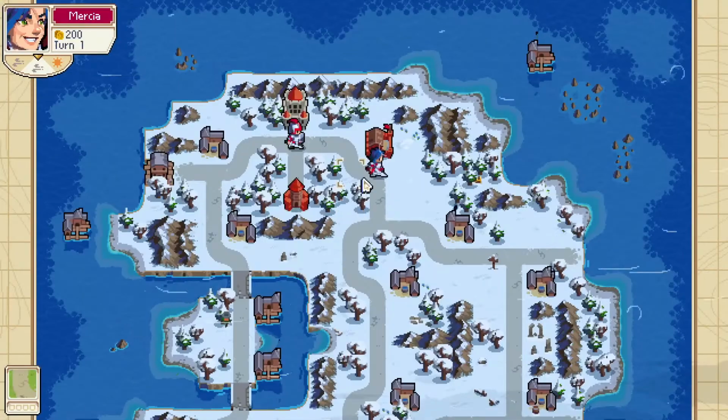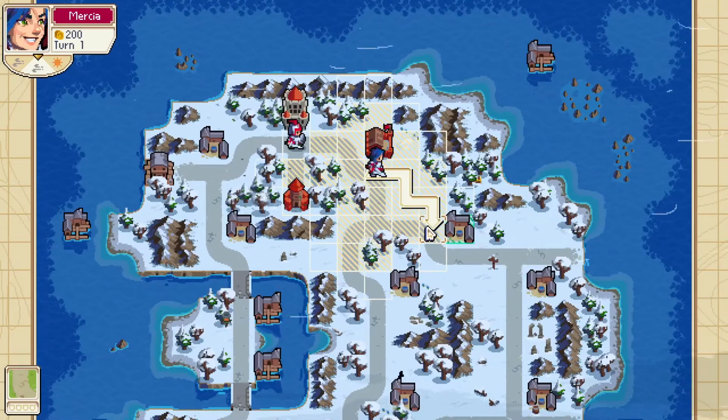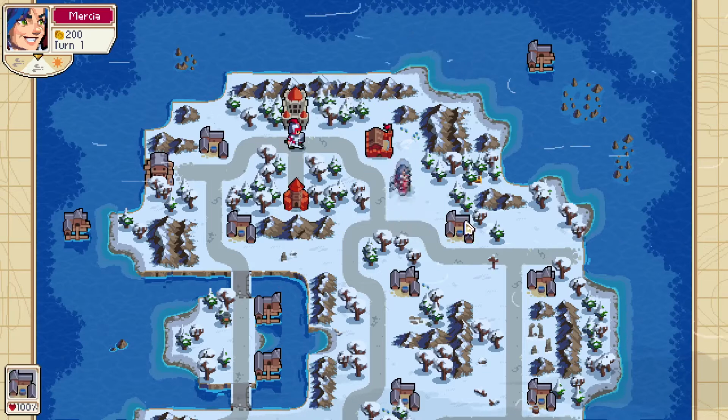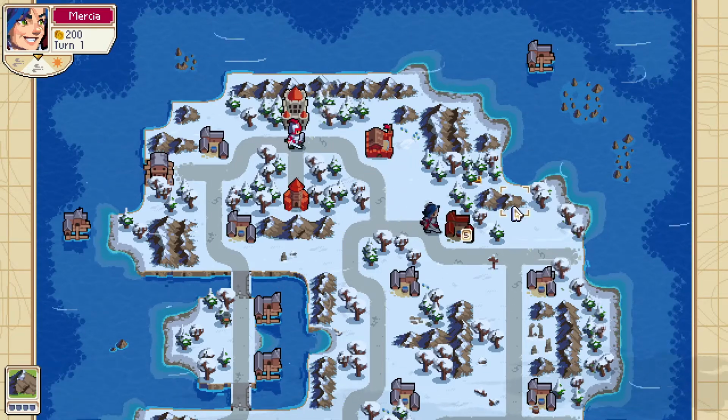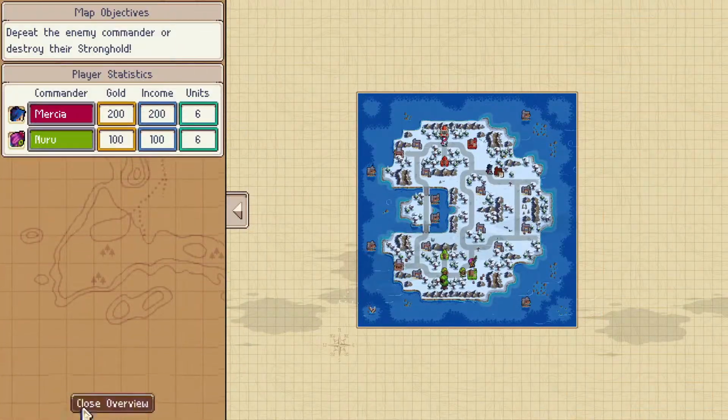So to begin with, let's move the Commander Mercia here. When we are moving to this tile, we can choose to capture and capture this village for ourselves. Oh! Actually, let me just... I still have my story settings on, because